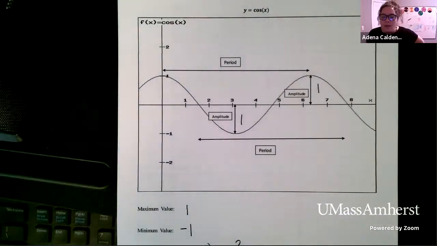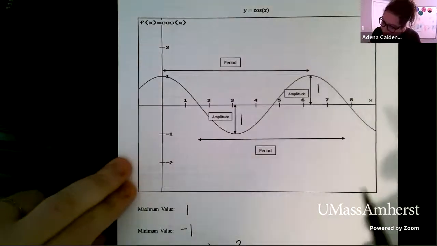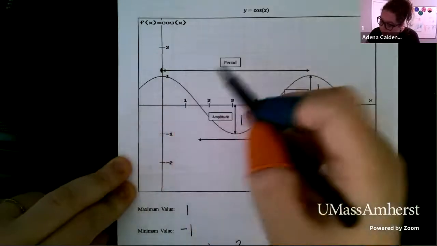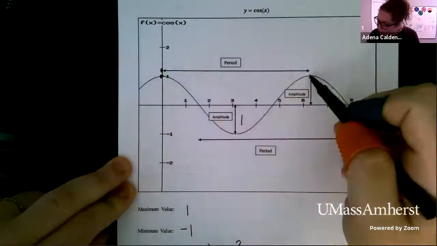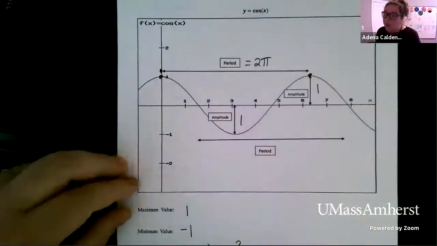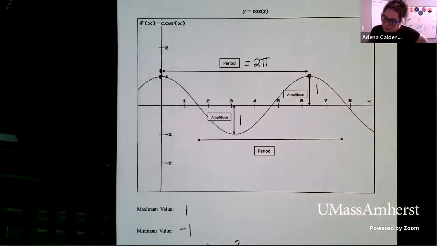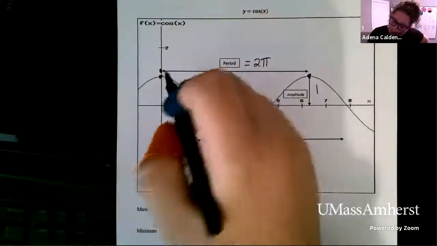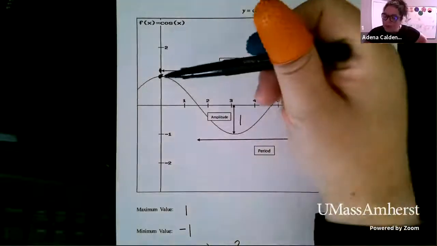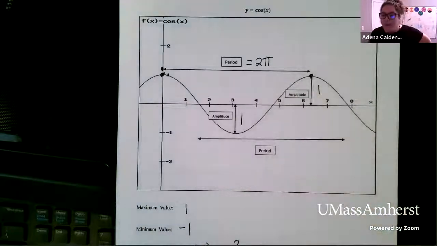Okay, so we know that sine and cosine both vary between 1 and -1. And then the period here, right, is also going to be from our 0, from peak to peak, a little bit past 6. So cosine also has a period of 2 pi. Now, what I want you to notice about cosine, okay, is that at the origin or at 0, cosine starts at a maximum, right? So it starts up at 1, comes back down, and goes back to the maximum.